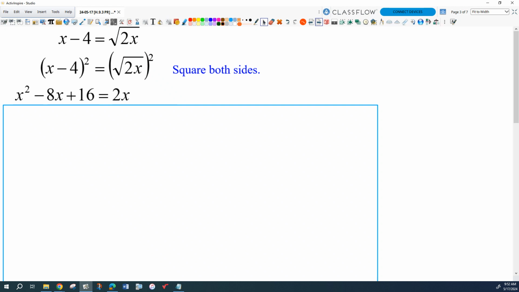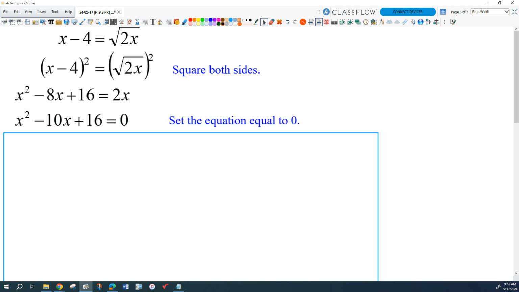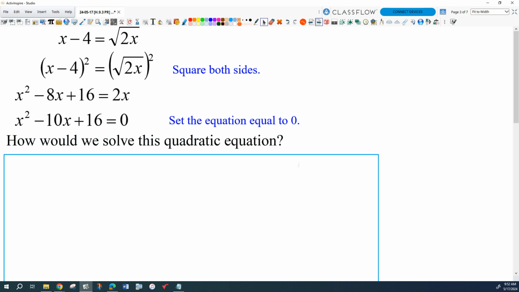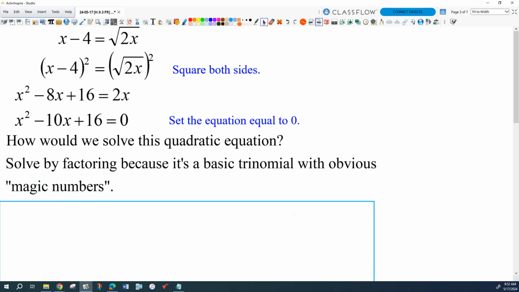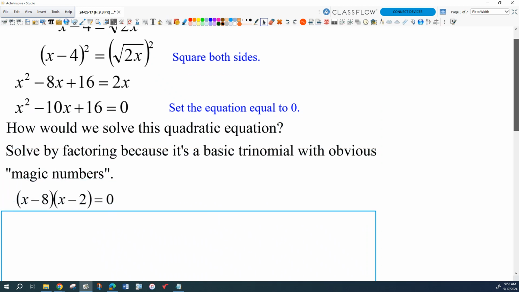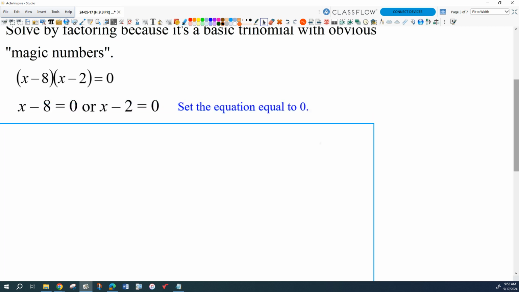Okay, good. Move the 2x over so we get something like that. Set the equation equal to 0. How would we solve this one? Magic numbers. What are they? X minus 8, X minus 2. There you go, negative 8 and negative 2. We definitely factor. So our solutions are